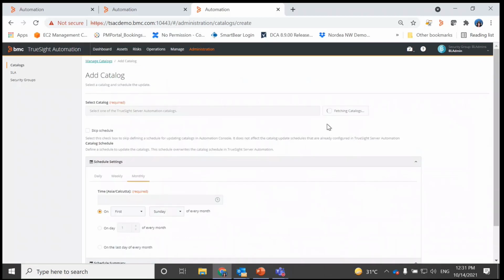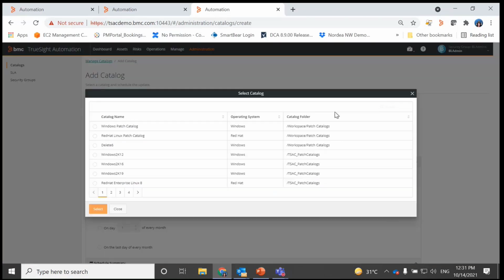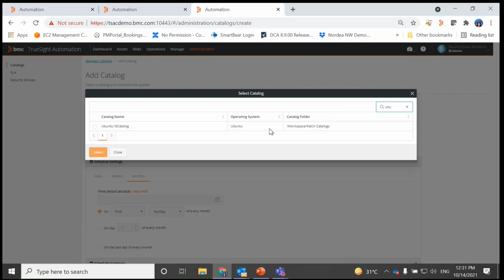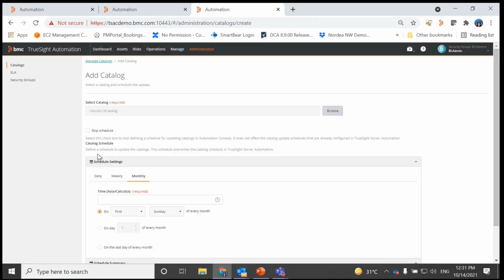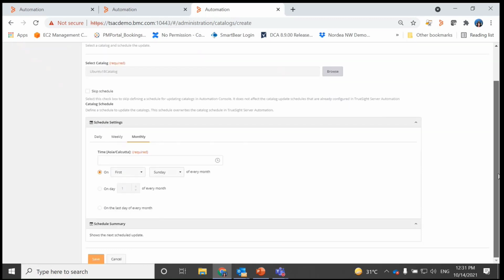I'll hit add catalog and choose an Ubuntu platform from the list. I'll add this catalog and I will specify the schedule for this particular catalog. I can choose if I would like to update the catalog daily, weekly, or monthly, or there is another option